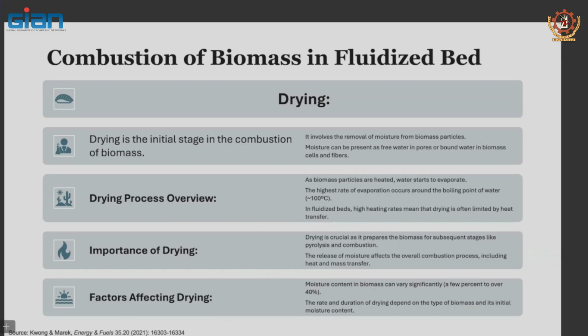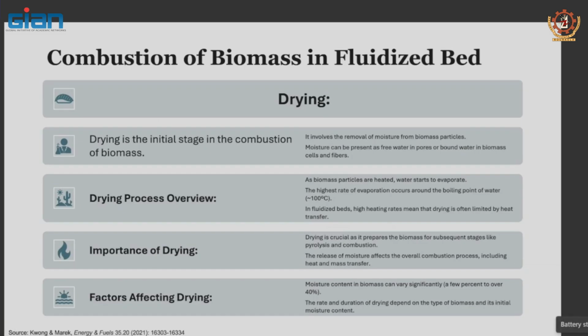There are ways, of course, to do a moisture analysis of your fuel. Then you will know that part of the energy that will be released from the fuel will be taxed to evaporate the moisture at the 100 Celsius evaporation temperature. If you don't dry the fuel properly, it will inhibit combustion. It will result in premature combustion, and because your fuel is only for so long in the bed, it will